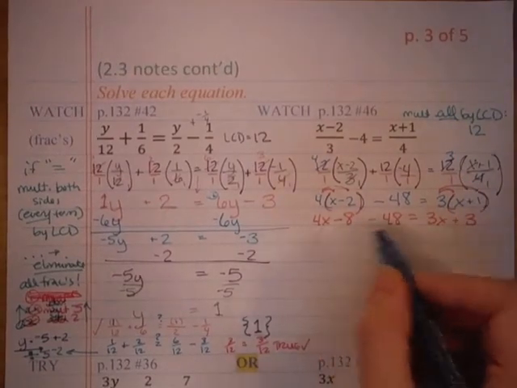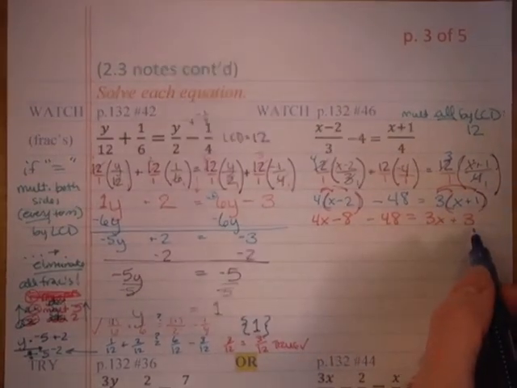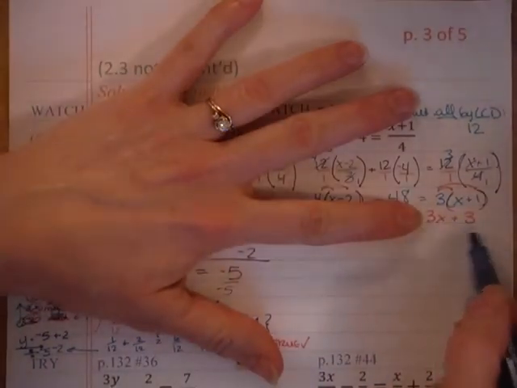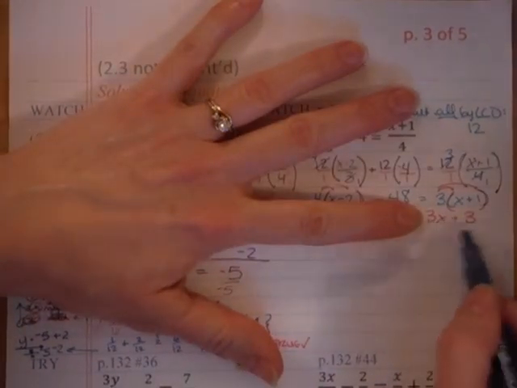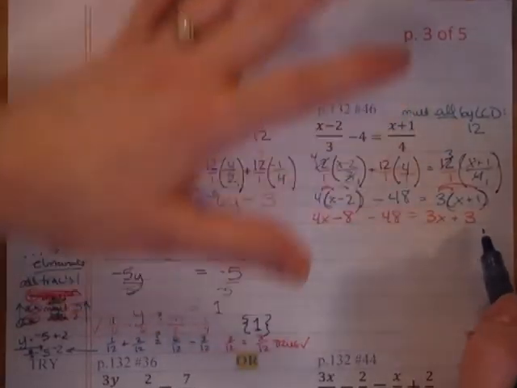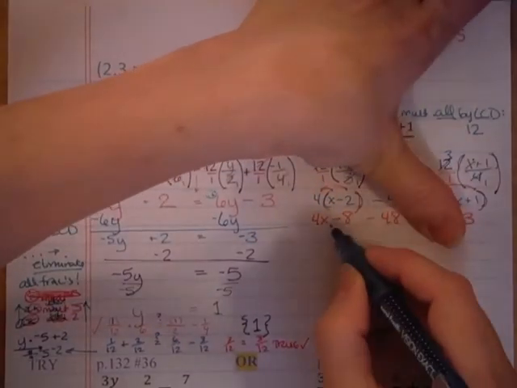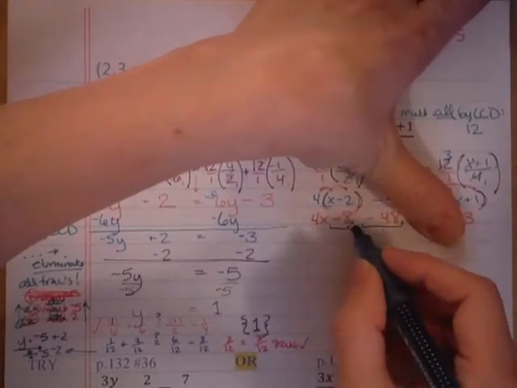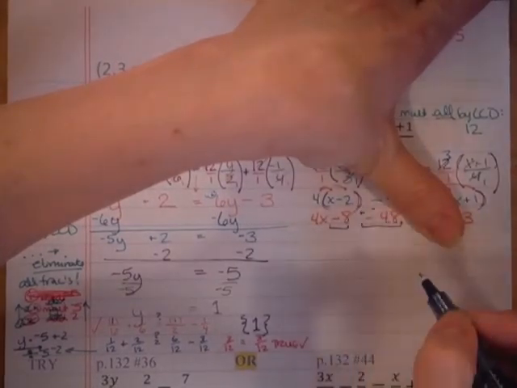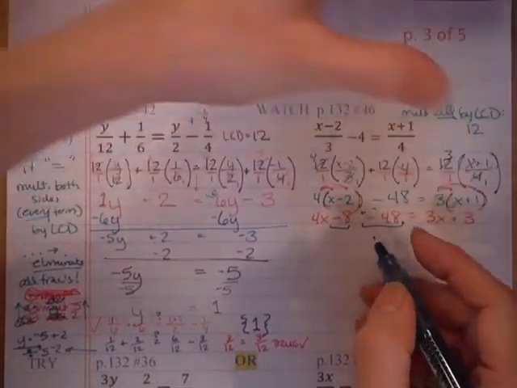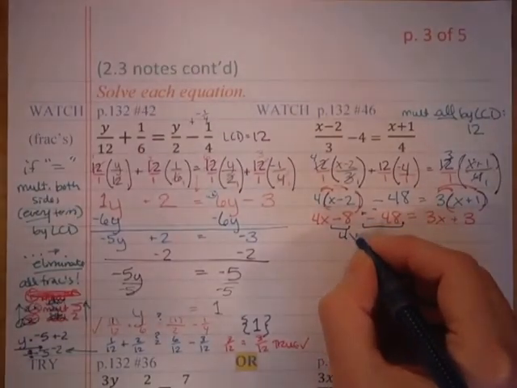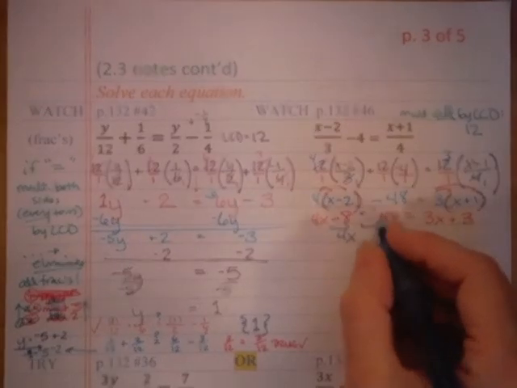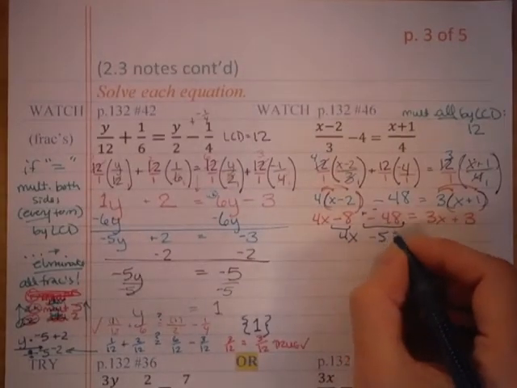Then we've taken care of parentheses using distribution. Now we look for like terms. On the right side, 3x and 3 are not like terms. They do not have exactly matching variables with exactly matching exponents. But on the left, we have a -8 and a -48. So those combine. It's as if you're saying -8 plus a -48. So it becomes a -56. So you have 4x plus a -56, or if you want to think of that as just 4x minus 56